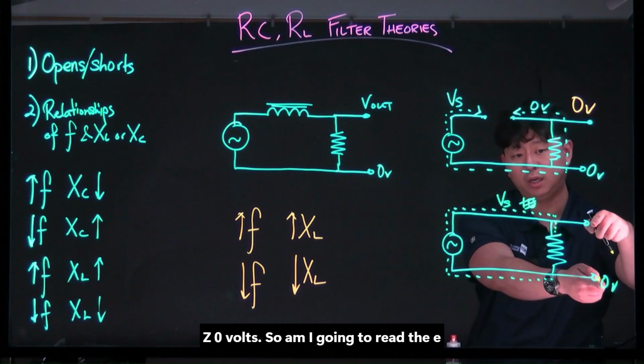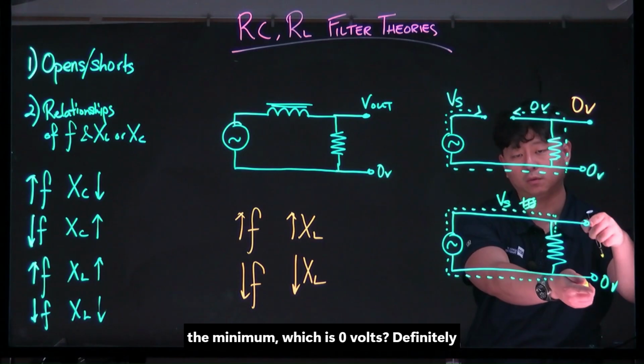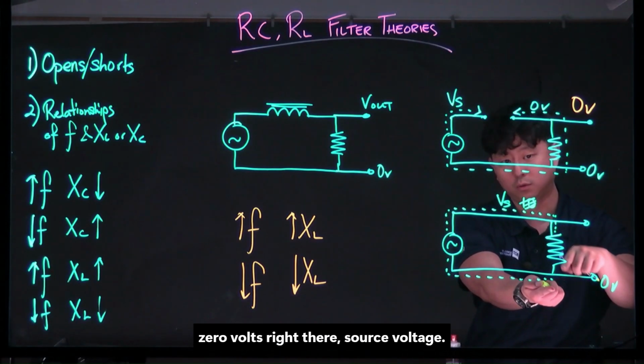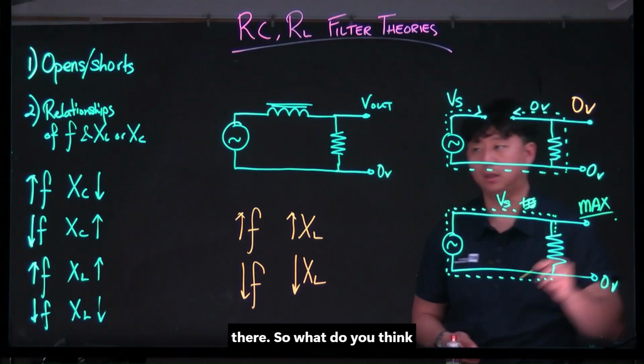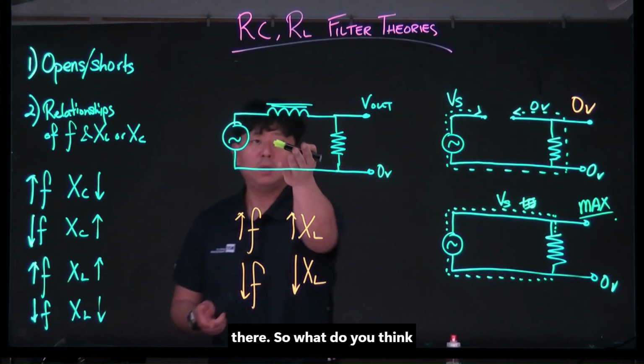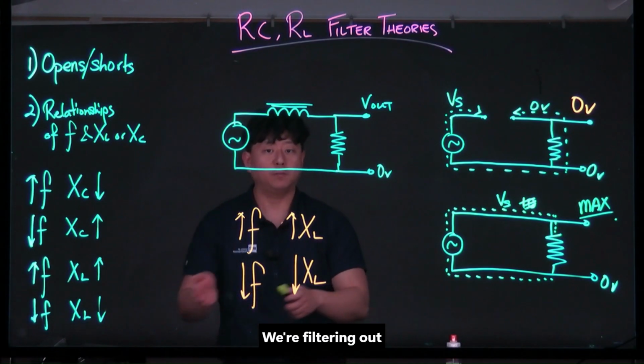So am I going to read the maximum, which is a source voltage, or the minimum, which is 0 volts? Definitely 0 volts right there, source voltage. I'm going to read a maximum voltage right there. So what do you think our filter is? What are we filtering out? We're filtering out